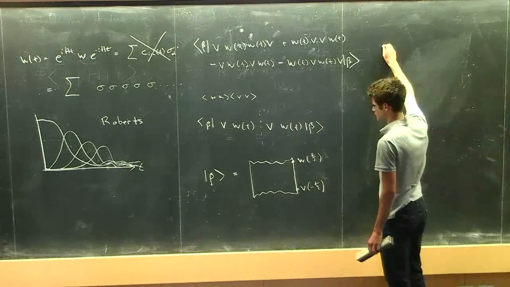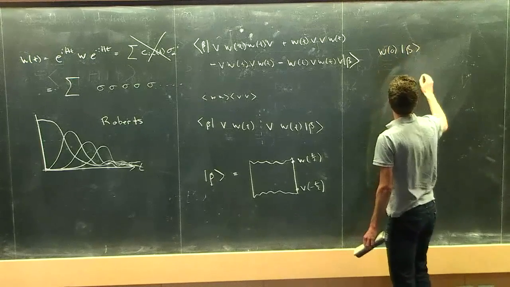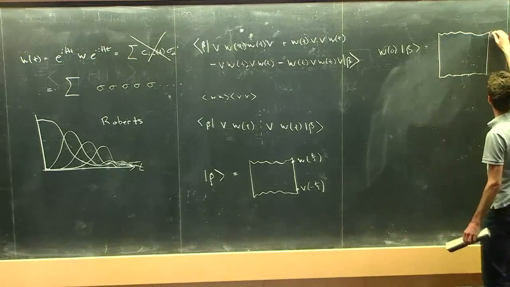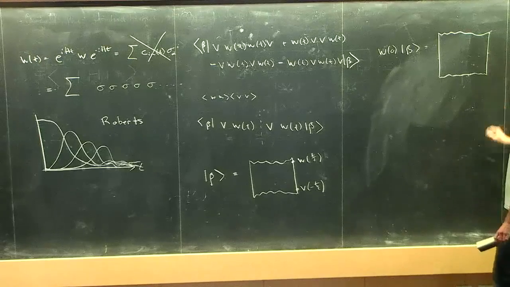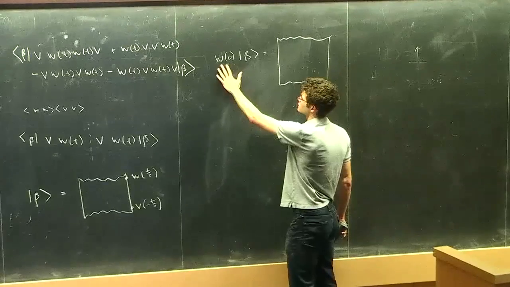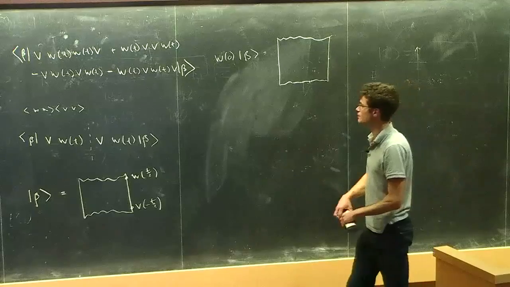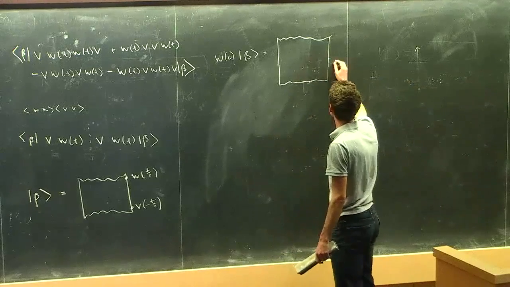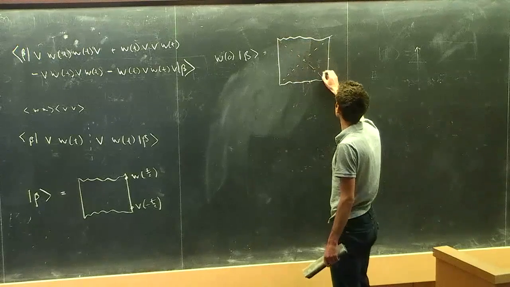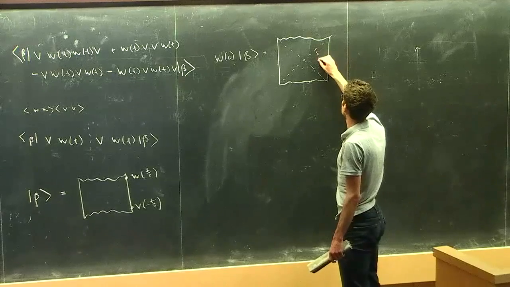So to warm up, let's understand what it looks like if we act with the operator W at time 0 on this state. Okay? So we start with the black hole, and we make a perturbation at this time. We're going to assume also that this operator is roughly thermal scale, that it raises the energy by an amount of order the temperature. This creates a quantum, or several quanta in the bulk, somewhere outside the horizon. It creates a wave function for a quantum somewhere in this region.